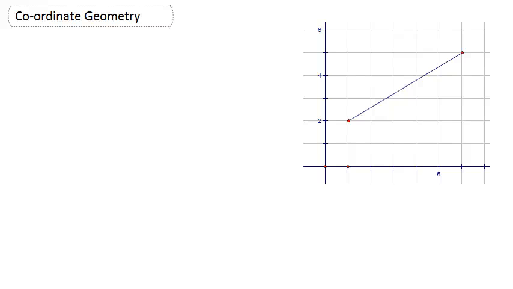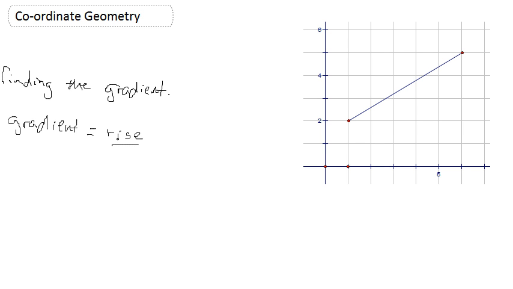So this is the second video, and in this video we're going to be looking at finding the gradient. So if I have my title, now, we know from what we did last year that gradient is rise divided by run. So if I go across to my picture, the distance travelled